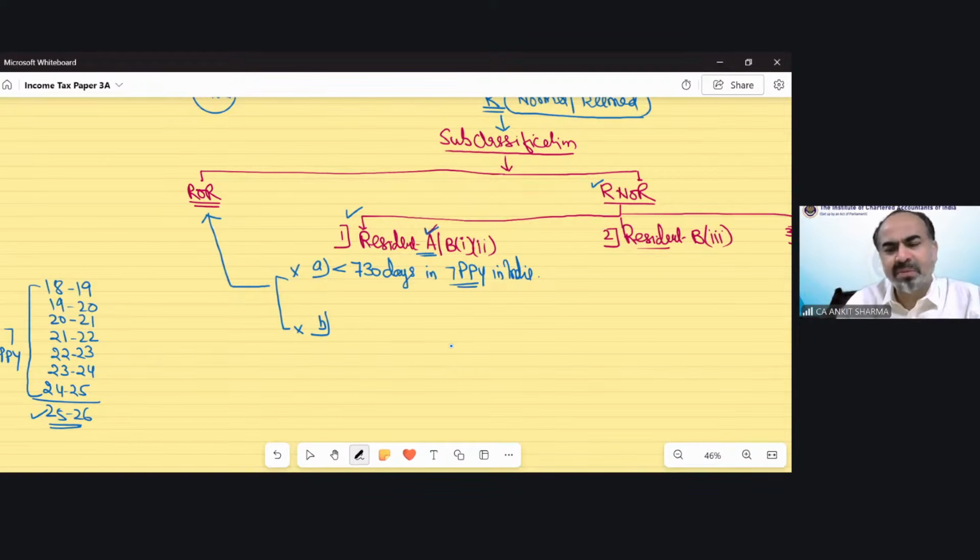Let me give you an example. Suppose the question says Mr. A is a foreign citizen. The good news is, if the question says it's a foreign citizen, then category A automatically applies, because in category B you need to be a citizen of India. So if you are a foreign citizen, automatically category A applies. So suppose Mr. A